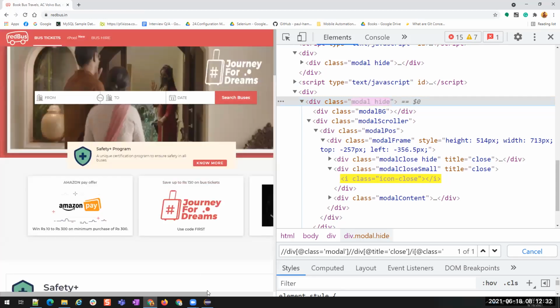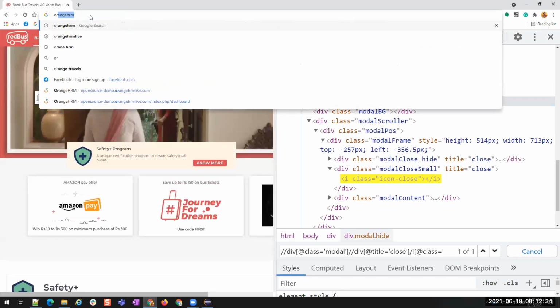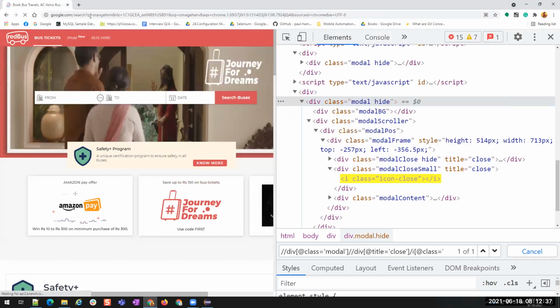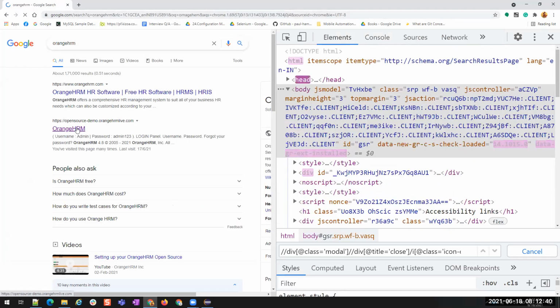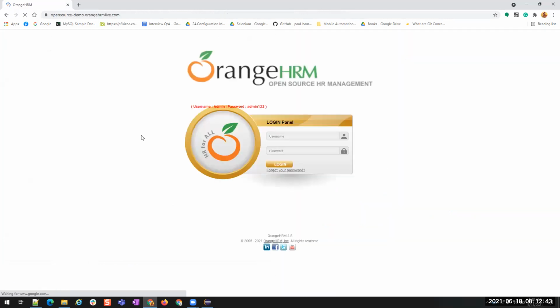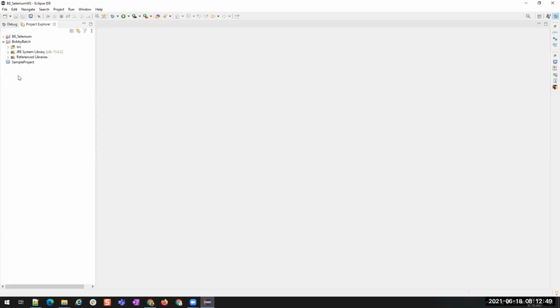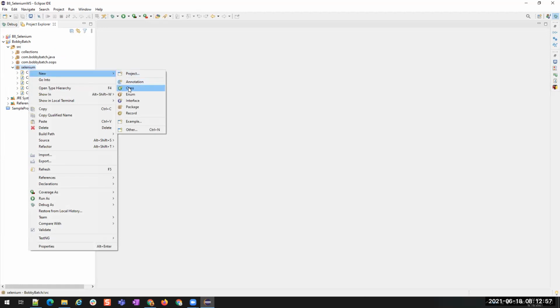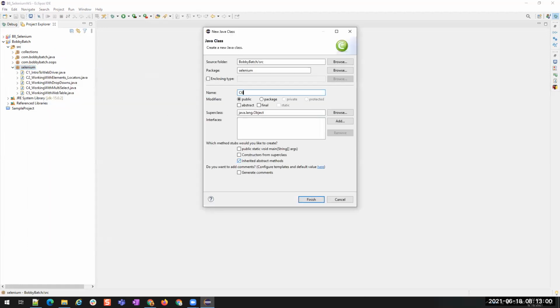Okay, I'll go to our site OrangeHRM, and let's write some code using only XPath. I want to log in and then add an employee, but I want to use only XPaths. So I'll create a new class here. Selenium C5 is done. Now let's go to C6. New class C6_OHRM_AddEMP_XPath. Okay, our main method.